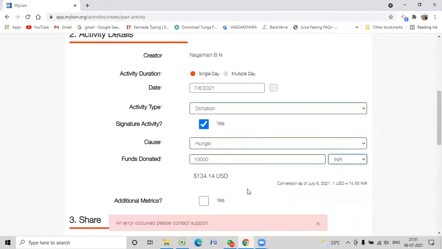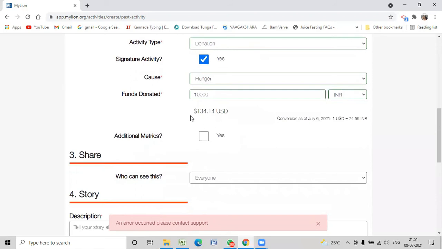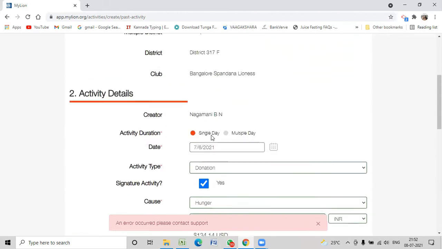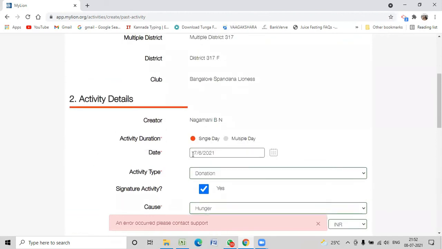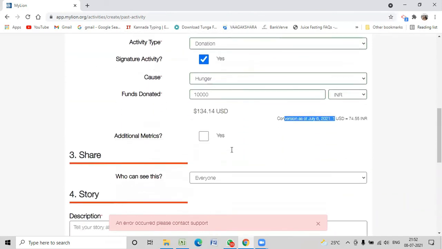By default for all of us, as per the club registration, it's going to be INR. And for the global reporting purposes, it's going to convert itself to USD based on the conversion rate of the date that we have selected. So this is the date that we selected, 7th of July. On that date, it was a conversion rate of 74.55, and that's what it has taken, okay?